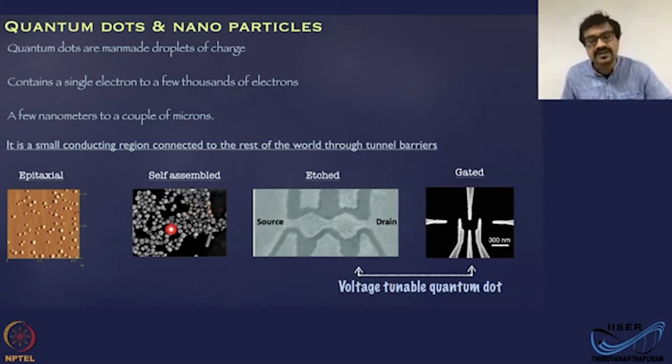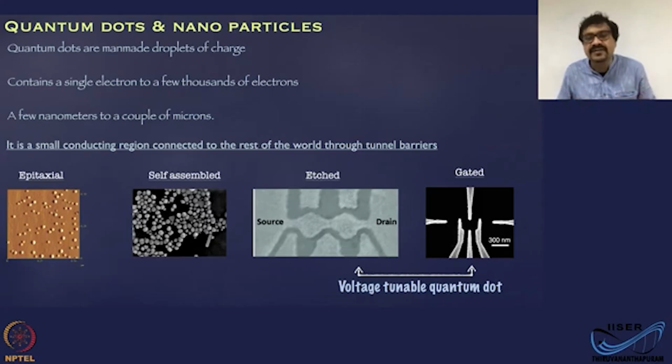Then there are self-assembled quantum dots, and there are etched quantum dots where you define conducting regions by microfabrication techniques such as lithography, and then you remove the material wherever you don't want it